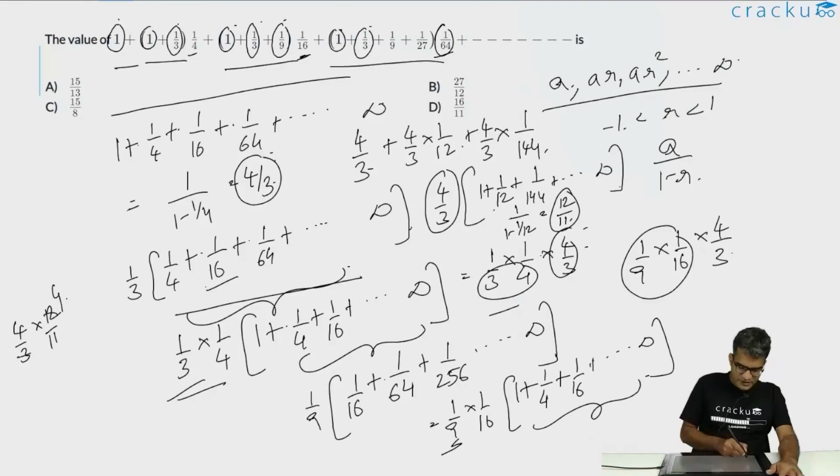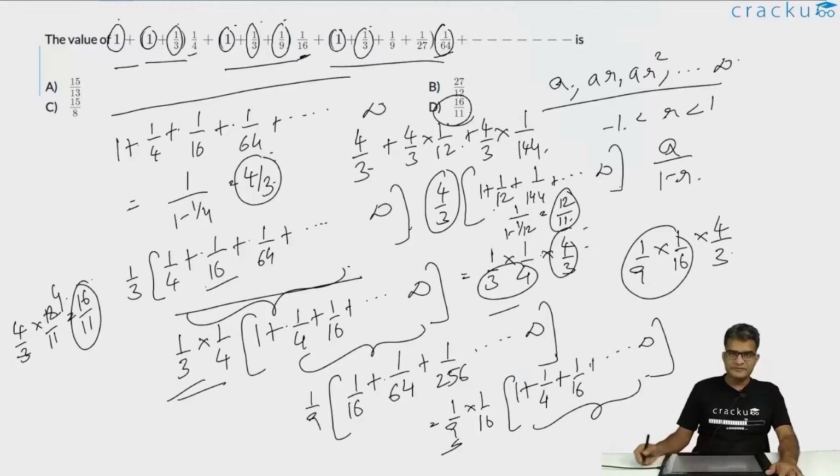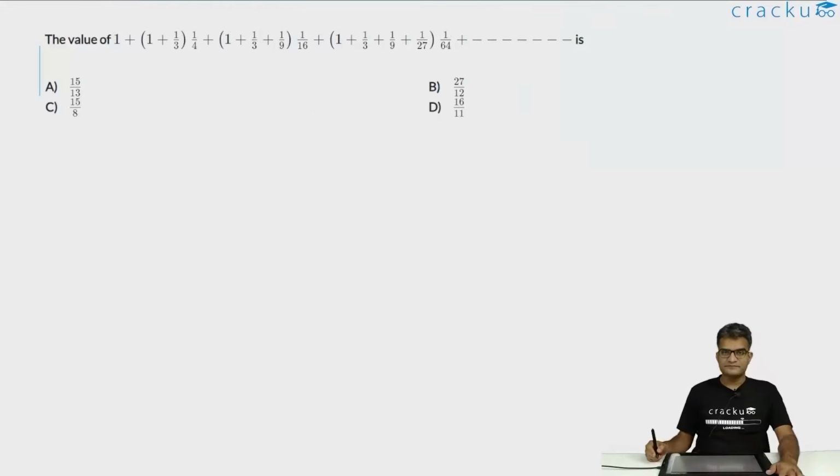This is 4. So this is equal to 16 by 11. So the answer for this question is option D. Just to reiterate what we have done, the first thing you have to remember is 1 plus 1 by 4 plus 1 by 16 plus dot dot dot till infinity